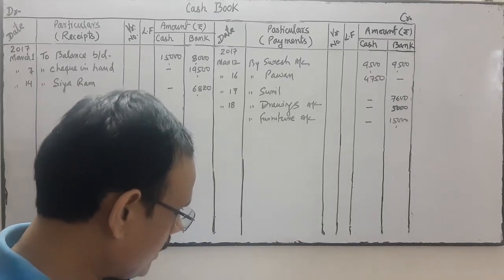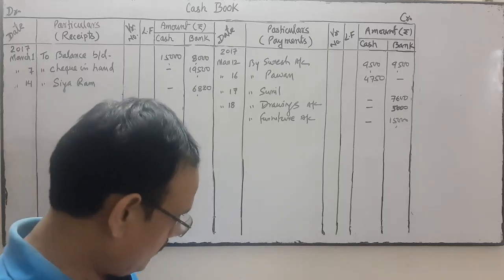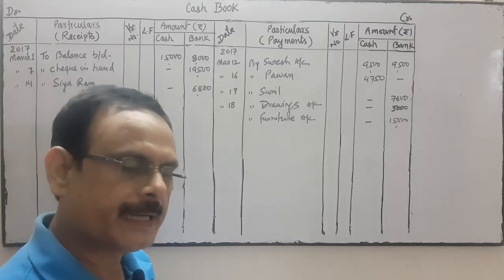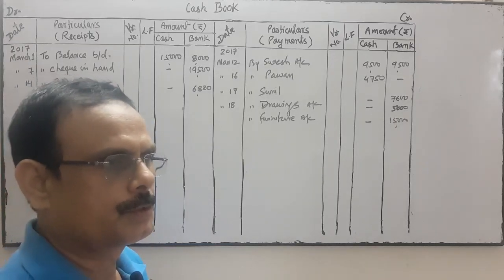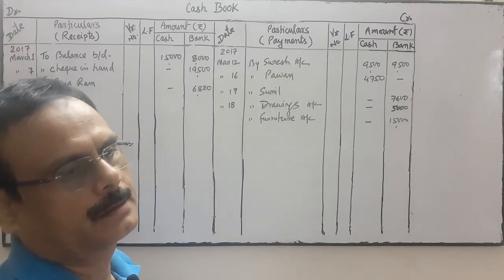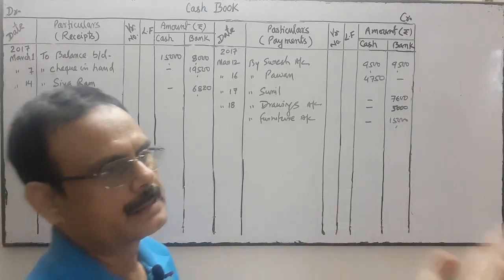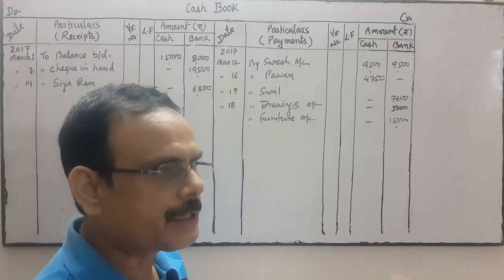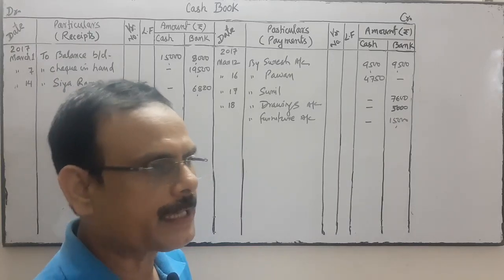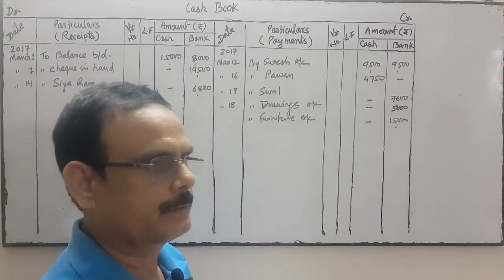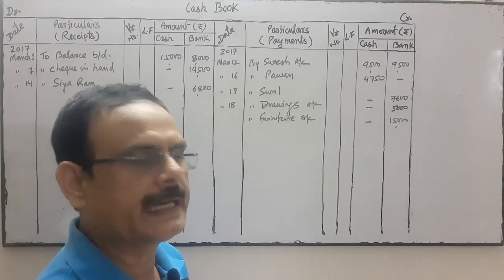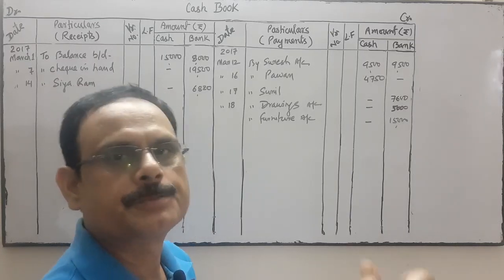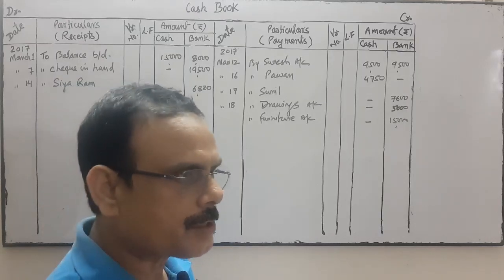Next is placed an order with Jay Trader. You have placed an order with Jay Trader for goods of the value 10,000. When we place an order with the seller, that will not be recorded, because it's not a transaction. It's an order. We are just giving an order in advance that we want this much goods at this point of time. So an order is not going to be recorded.